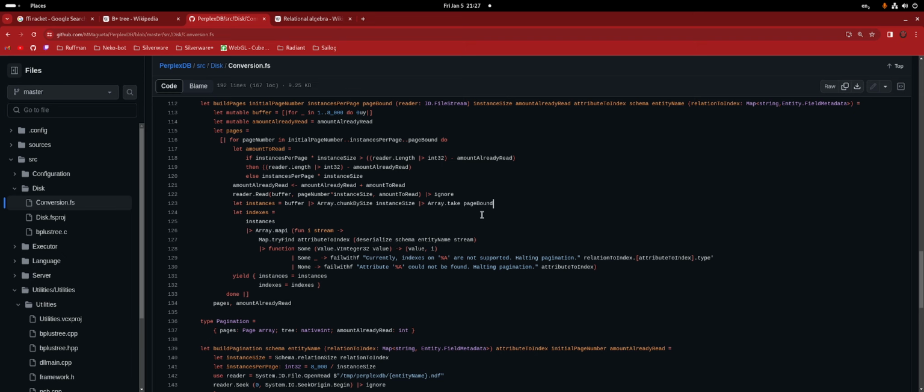My question is about attribute to index, because you're doing a map try find on it. In the example I was testing, it was a table with two values: name, which is a string, and age. Age was the attribute to index. So you would search on the age, and it will give me the value. And then it's a map of this value to this integer, which is the, what is the I there?